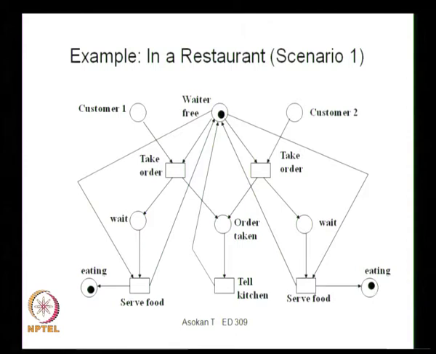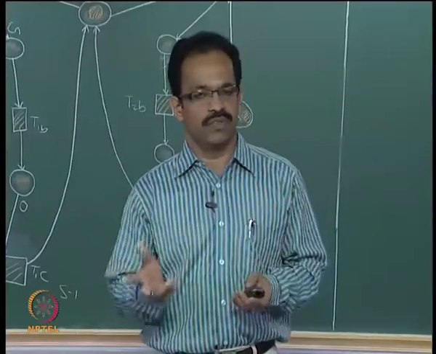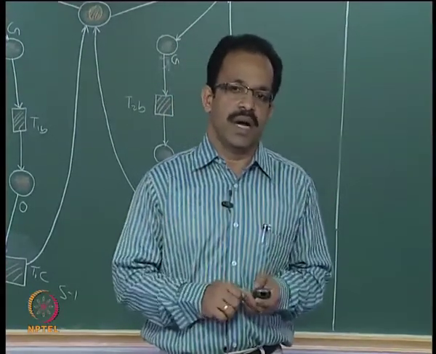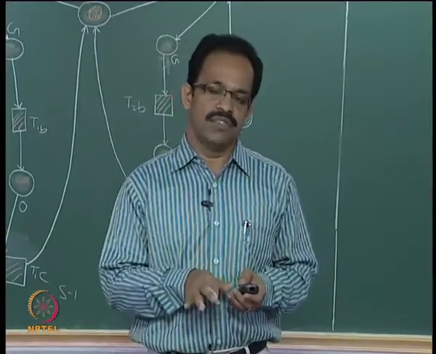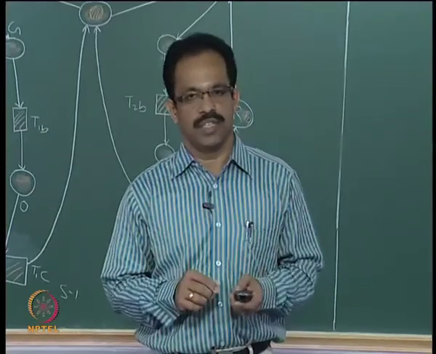So both the customers are having food and the waiter is free. So this is one scenario where we can represent the behavioral dynamics of what is happening in that particular scenario. You can have any number of customers and any number of waiters, so we can show the complexities also with some weighted arcs that I will explain later, but in this case we can see that this scenario can be represented using Petri nets, the place values and the tokens.